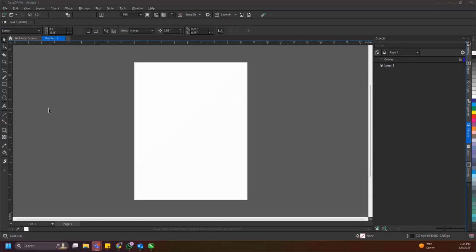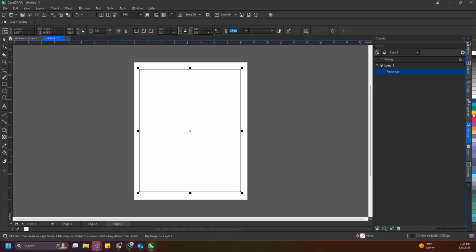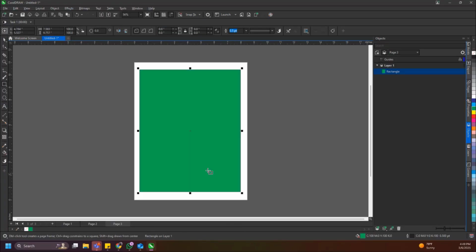For example, if I have multiple pages and whatever I want to keep on all the pages, for example, I want this rectangle to be displayed on all the pages, what I can do is go to the object menu over here, and inside this there is an option of master page. If I go down, you can see there's an option called new master layer for all pages. So when I click over here,